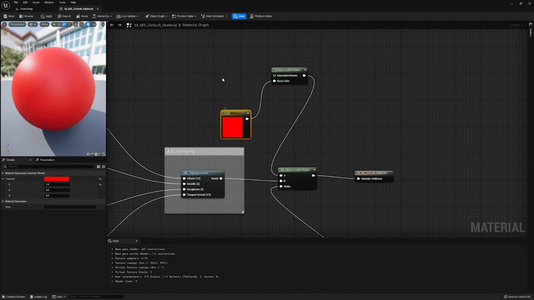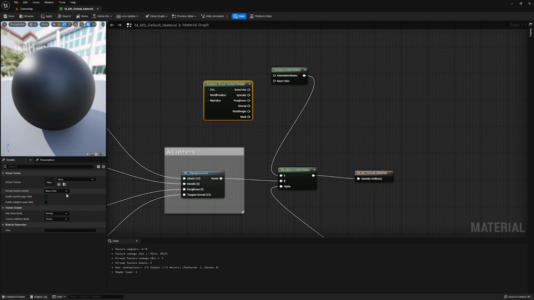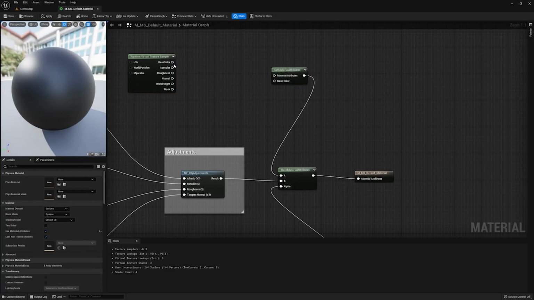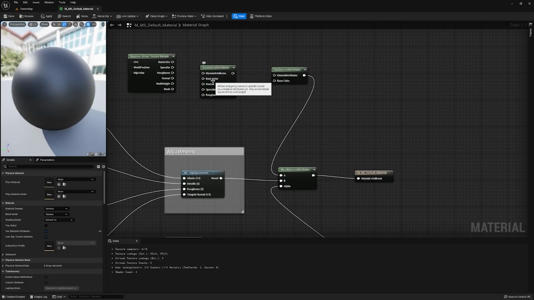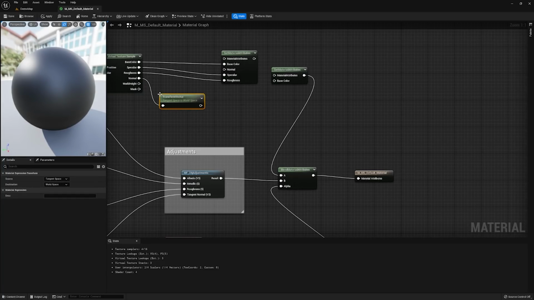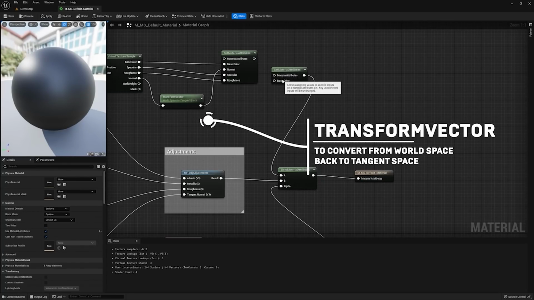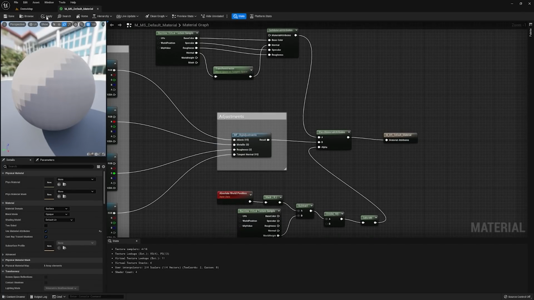Let's go ahead and remove the set material attributes node and instead set up the runtime virtual texture setup that we want to have. So I'm going to do another runtime virtual texture sample, this time sampling the environment texture, and I'm just going to plug these values in. And when I plug these values in, we're going to be able to set this up as the blended in material. Be aware that in the same way that you passed the normal from tangent to world space before, you now need to get that same normal and convert it back from world space to tangent space. So with world to tangent set up, that will now correctly blend in the angles of your material too. So I'm just going to delete that material attributes node and click apply.